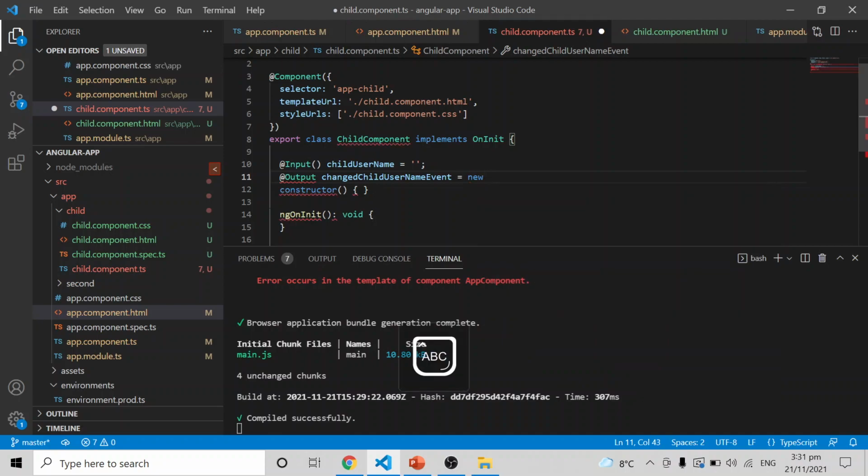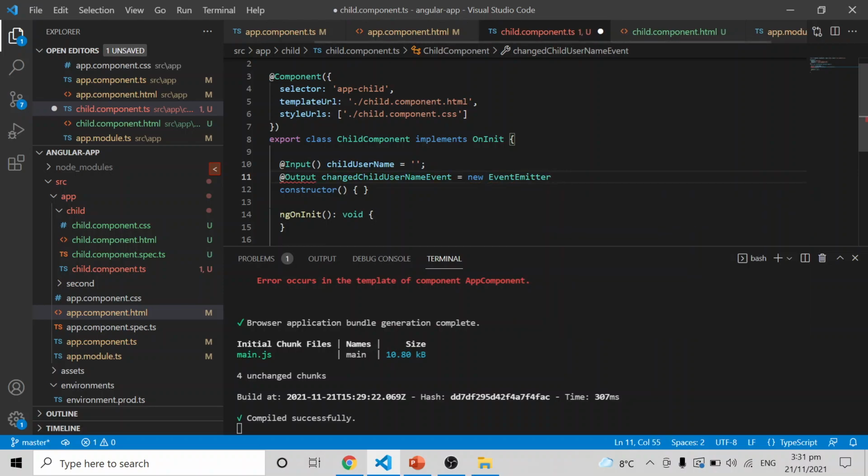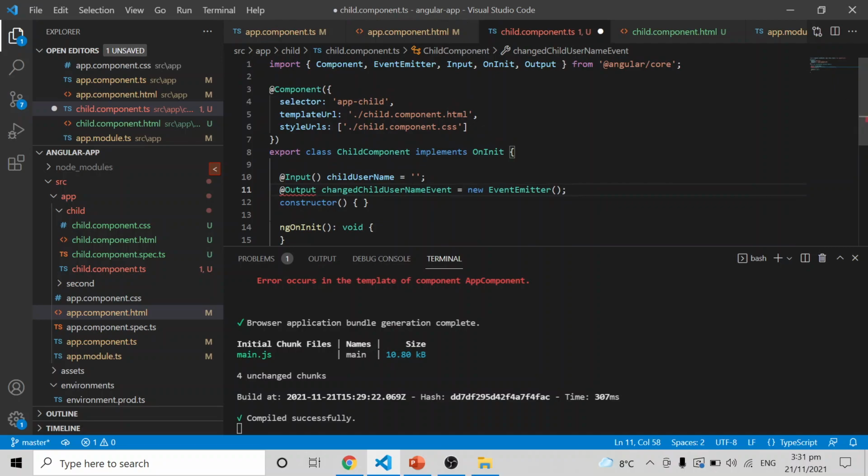Okay, for that, we have to use new EventEmitter. When you use an event emitter, just confirm that it is coming from the Angular core. Okay, so EventEmitter. Sorry, I missed the bracket, okay, @Output.